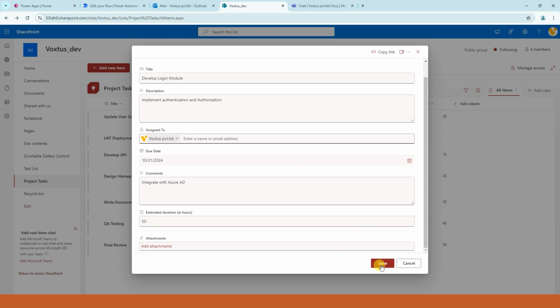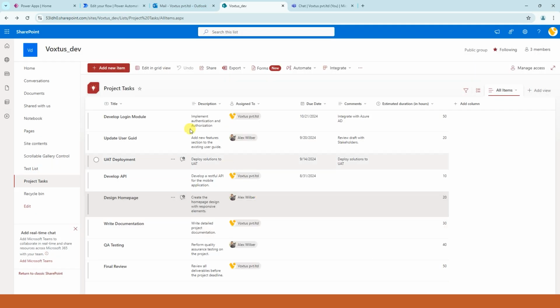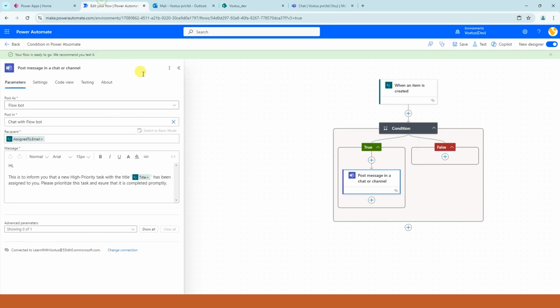And let's save our record, and let's go back to our Power Automate flow,